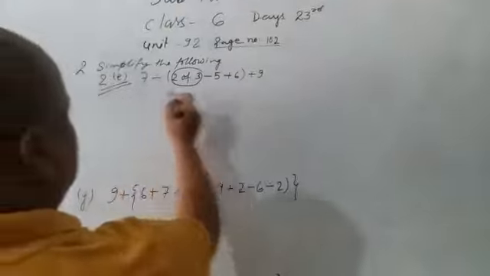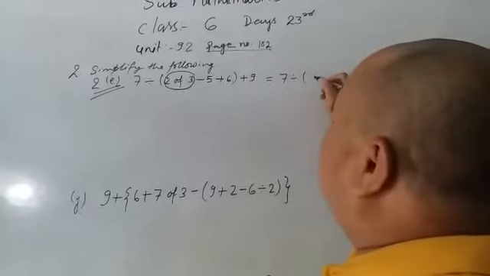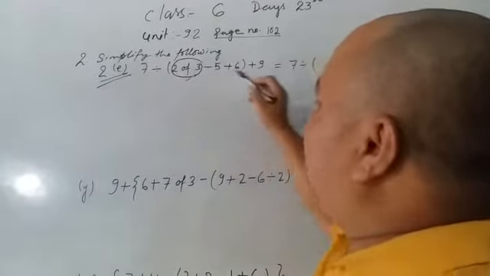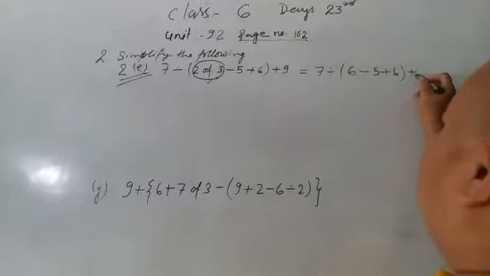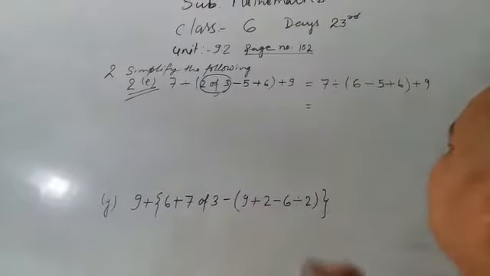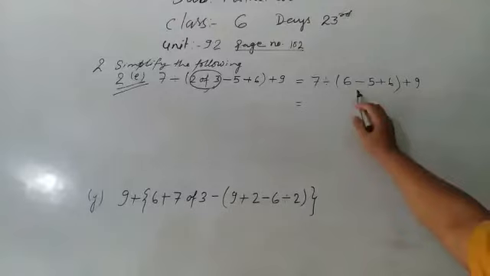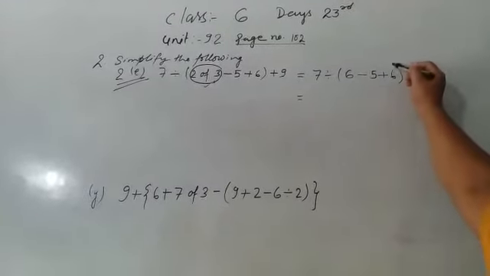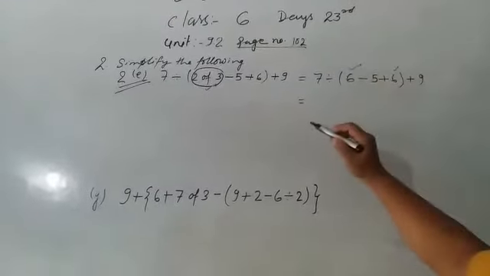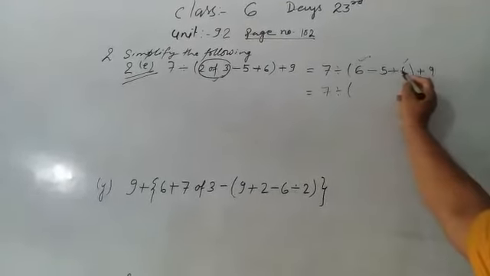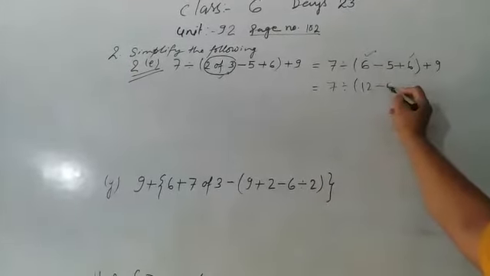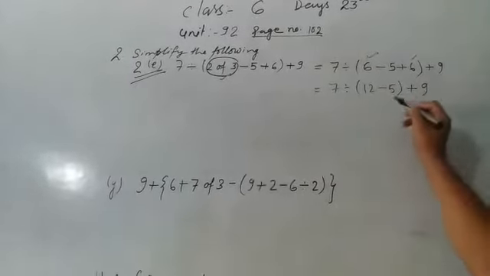Okay. So as it is, you write here 7 divided by small bracket. In small bracket, we are doing multiplications. 7 2s are 6 minus 5 plus 6 small bracket close plus 9 is equals to. So in small bracket there is no multiplication, so we are doing additions in the small bracket here. So 7 divided by 6 and 6 is 12, plus minus 5 small bracket close plus 9.